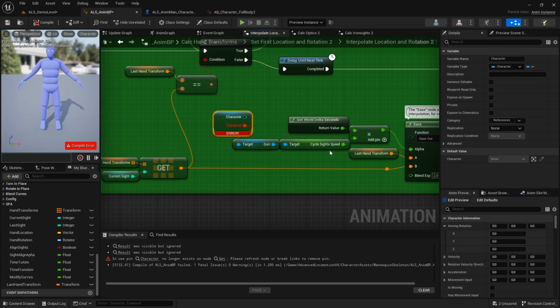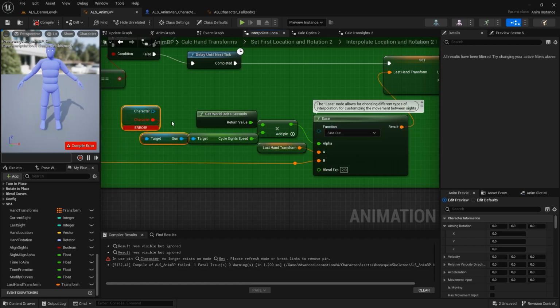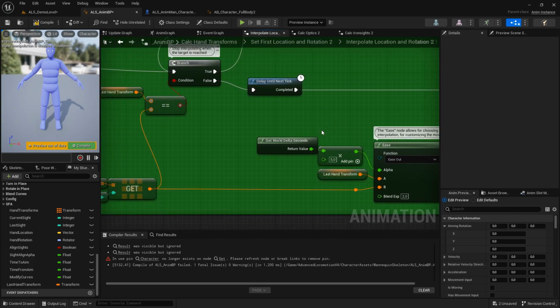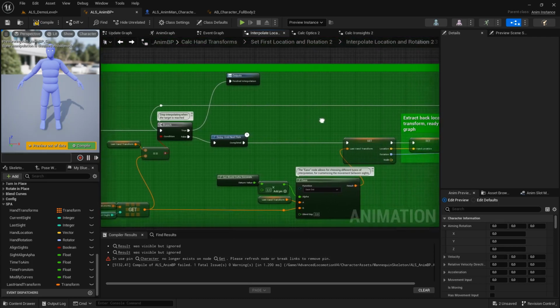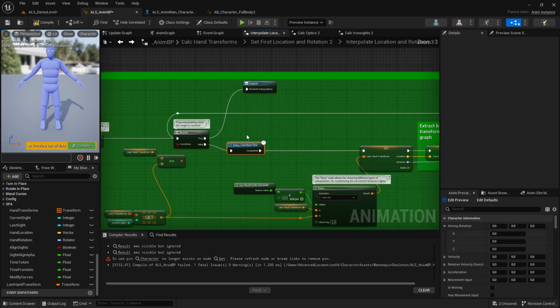So we are grabbing the cycle side speed to use in our interpolation. So right now we don't need this. We can just hard code a value. I'm gonna make it 5. This is just controlling the speed of the interpolation. Later we create a variable out of this, and I don't need this delay node and this loop anymore because